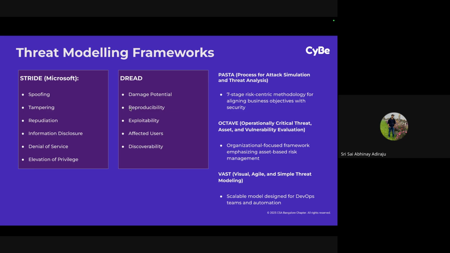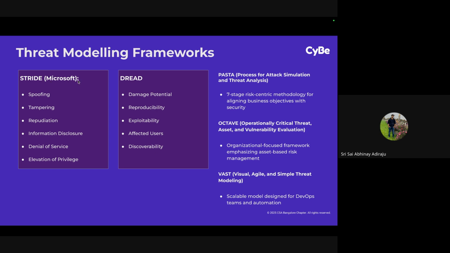And to do this, like I said, you can use various frameworks. You can use Stride, which is a Microsoft proprietary framework. It's an open source framework, but coined by Microsoft. And then you have Dread framework, you have Pasta, Octave, Vest. Most predominantly, I see everyone using Stride and Dread. I've personally not seen the others used anywhere, but then we don't know, they could probably be in use somewhere. But just having an understanding of the categories inside each framework will really help,